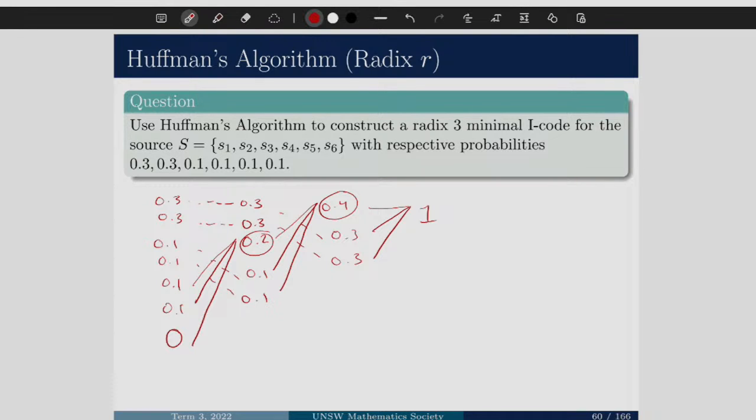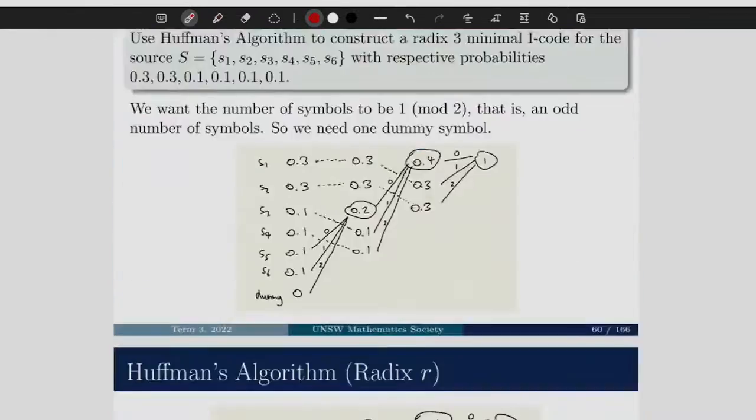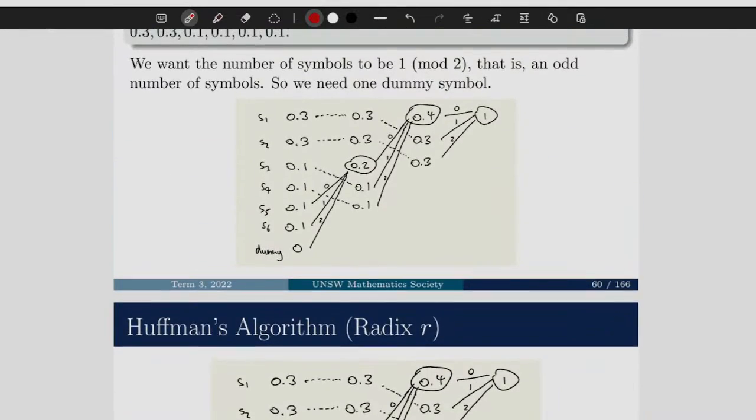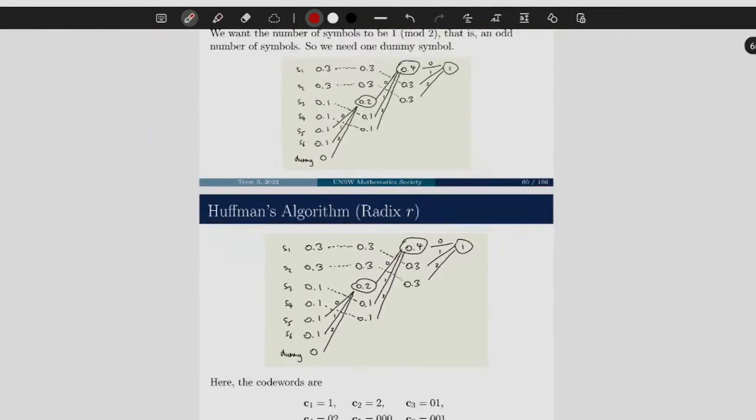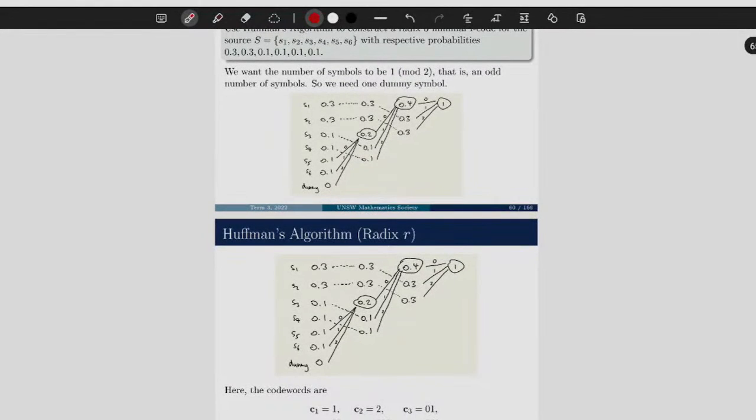And essentially, when I get to this point, if you ever mess up and you go, oh, I forgot to add a dummy, or I added the incorrect amount of dummies, then you just need to remember that all of these branches should be very much 3, or similar to whatever radix you're working with. It's very easy to just see, oh, did I mess up with the dummy symbols? But essentially, from here, again, adding the 0, 1, 2, 0, 1, 2, and then following your tree just to find the code words. And I think, yep, okay, we have this here, which is basically the end of that question.